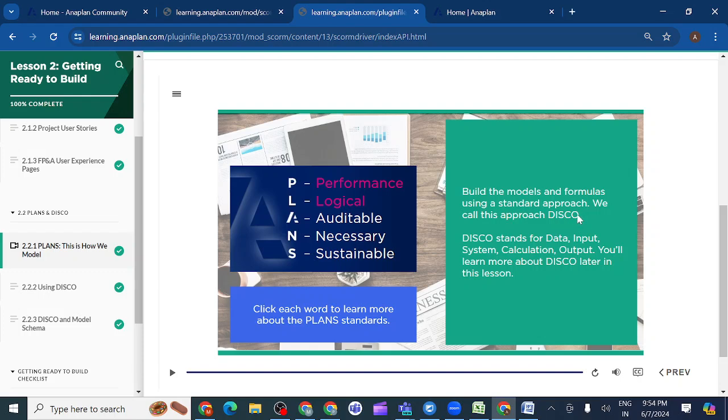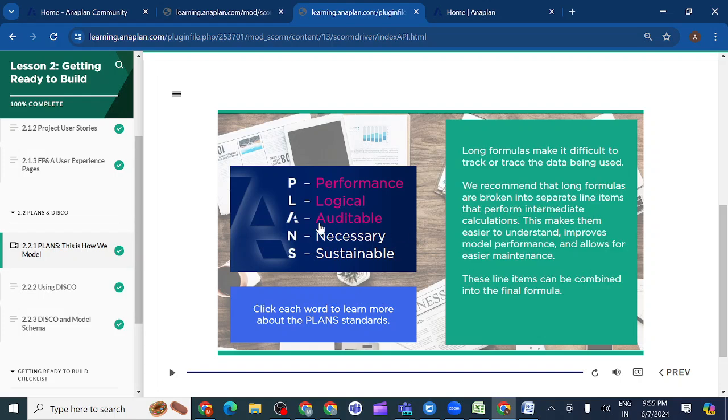And output module is nothing but the reports we attach to the UX pages. Those reports we generally prepare in output modules, and this output module will attach to the UX pages where we can show our data in a visualization way, like a line chart or bar chart. So that is a different thing. We'll discuss it in the DISCO topic, but we should remember that we should follow the DISCO approach, logical nothing but.